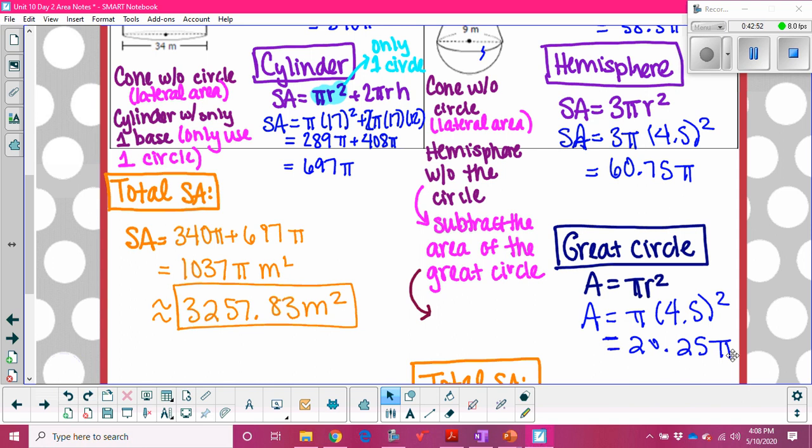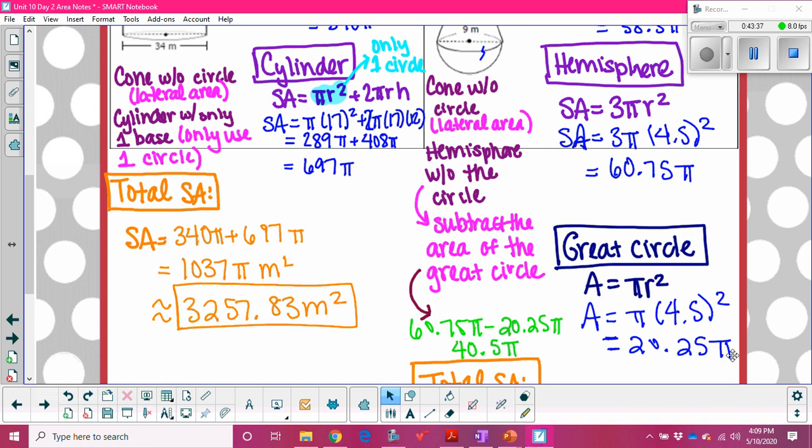Okay, so I'm going to do that over here. Okay, so I have 60.75 pi minus 20.25 pi. Okay, and that gives me 40.5 pi. So the surface area showing on that hemisphere is 40.5 pi. Okay, so I'm going to come down here for my total surface area, and that's what I'm going to put in right here. We have 40.5 pi. So if I add these together, right,